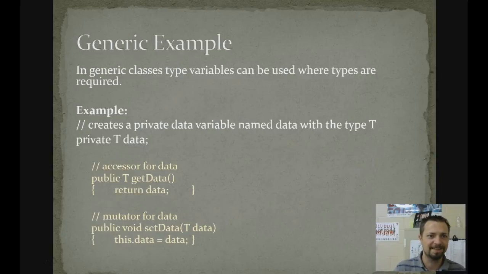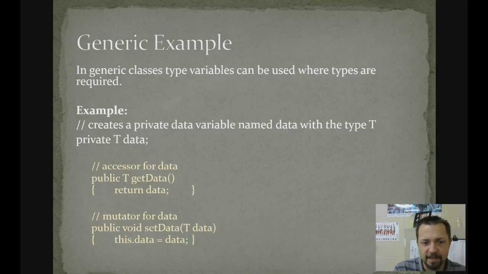Generic example. In generic classes, a type variable can be used where types are required. Example, private T data. Data is going to be whatever type they send in the angle brackets for the type variable T. So you've seen this when we did array lists and we said, oh, the get method, it returns E,